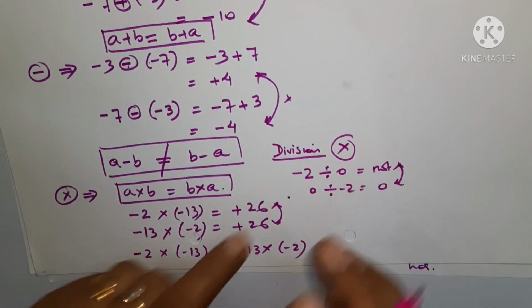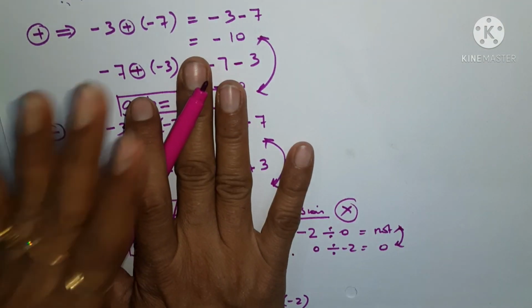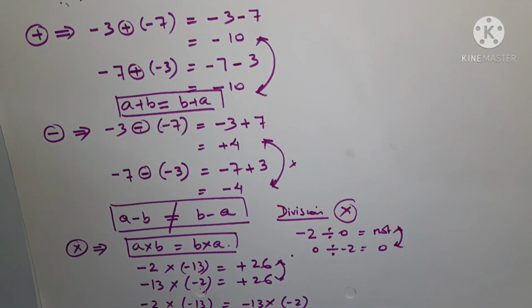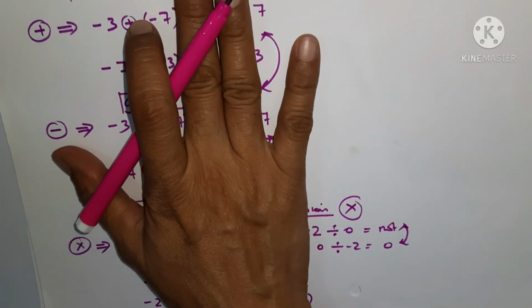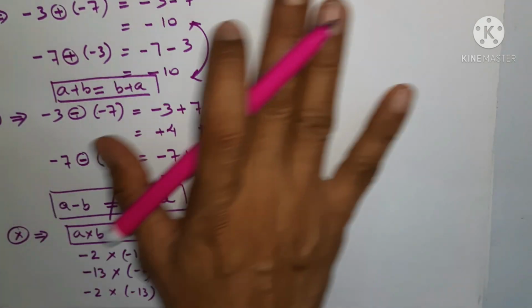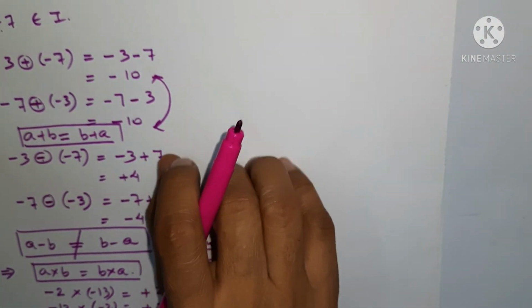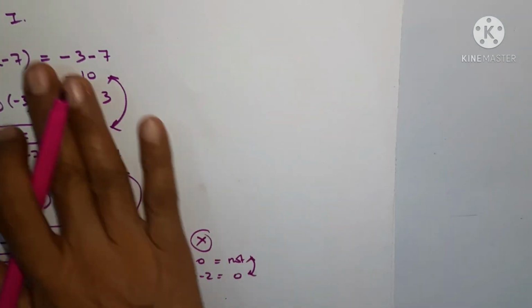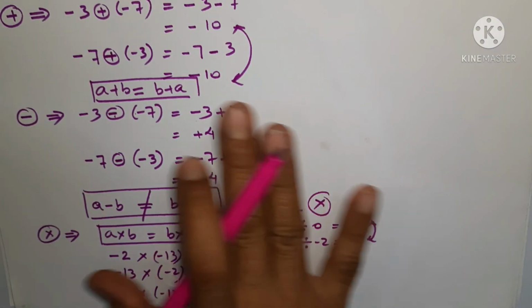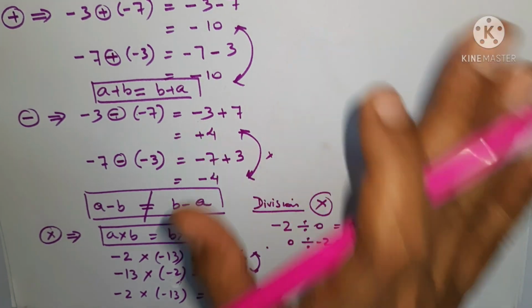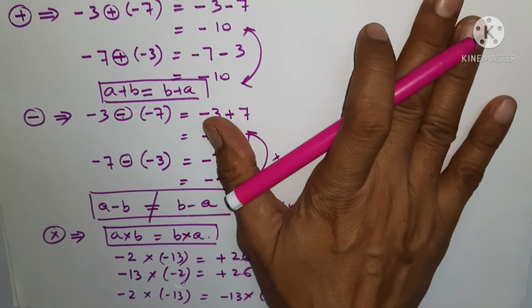ठीक है. So this is what commutative property actually says to us. ठीक है. commutative property के according हमें यही results मिलते हैं, and the same is there for rational numbers. You can apply, you can check any of the rational numbers in the same way. I hope you are going to do. You will be able to find out, and just check it and find out, and give your